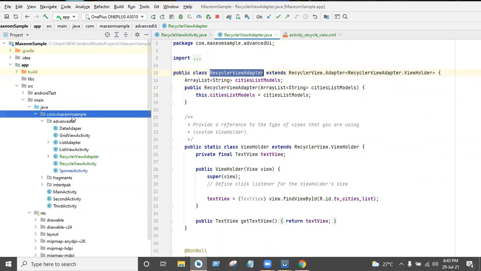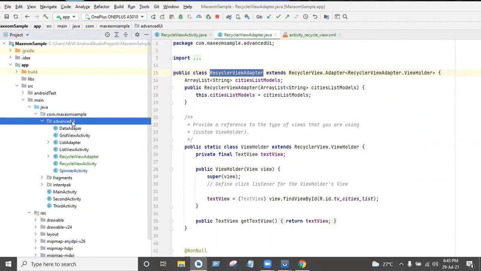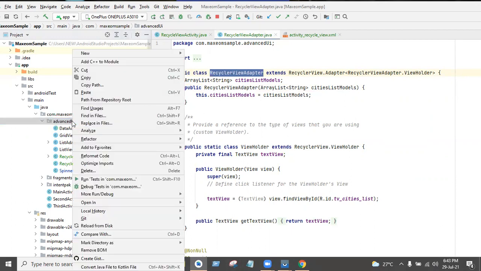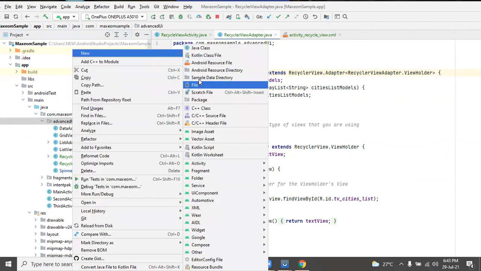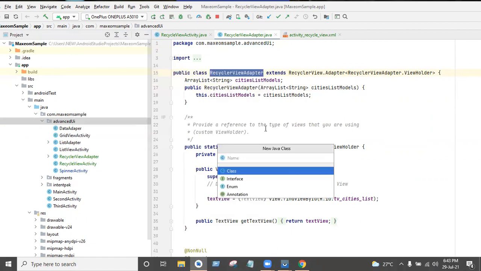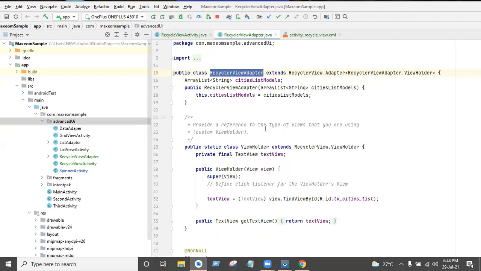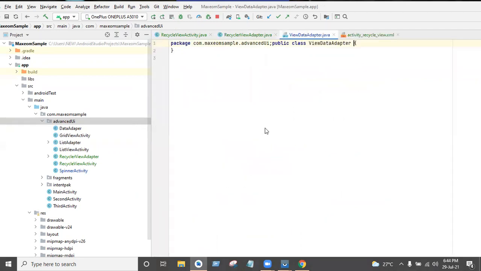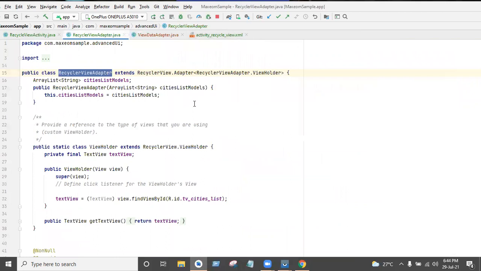If you want to create any RecyclerView adapter, you can create it like this. Simply create a new class first. View data adapter is my class name. Here, what you need to do is make that class extend the RecyclerView adapter.